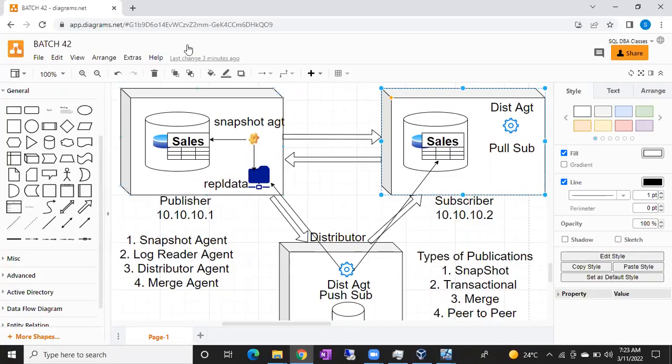Sir, in bidirectional, the subscriber can also send the data to the publisher, sir. Correct. Please repeat the question. Do we need 3 separate servers for configuring replication? No. Okay, you can answer in the chat. Same servers. Sorry, I said yes.